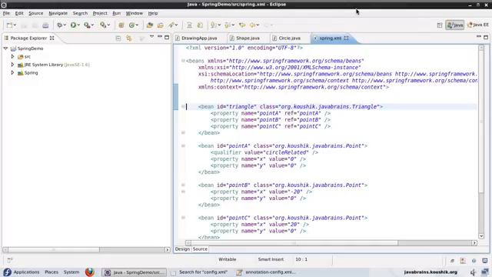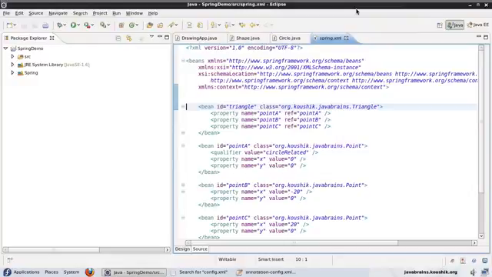Okay, we've looked at a couple of annotations so far. We've seen the required annotation and we've seen the auto-wired annotation. In this tutorial, we're going to look at some of the JSR 250 annotations. JSR 250 is a standard, the Java specification request, that defines all the standard annotations that would apply